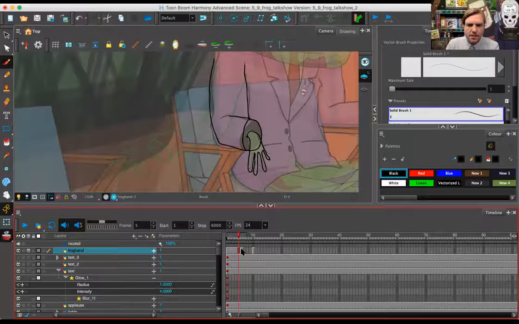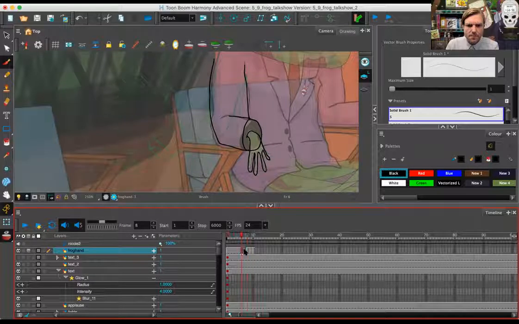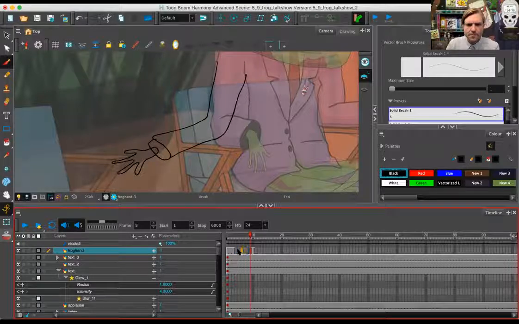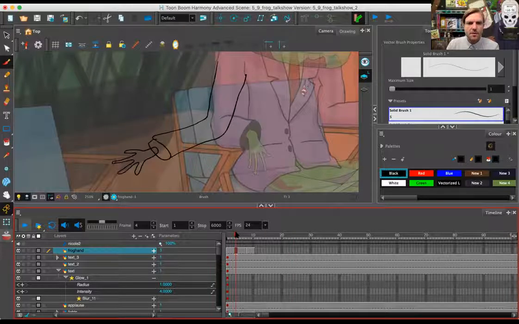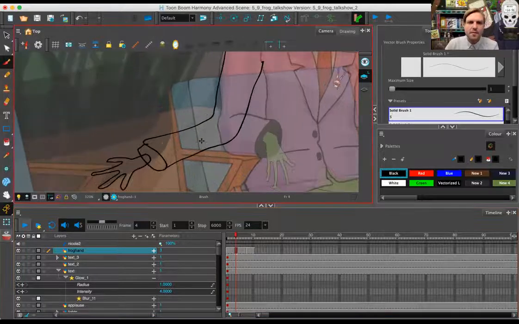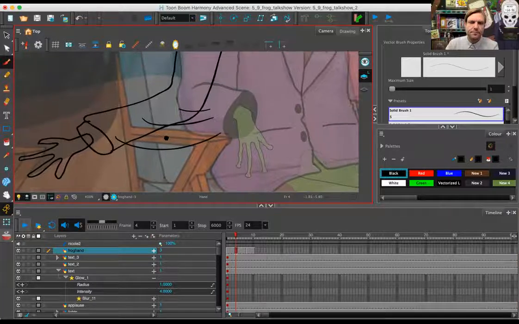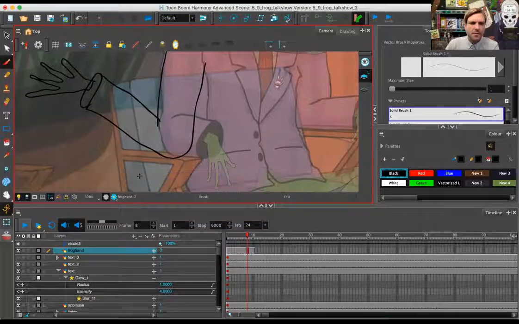So then between here and here, we would have, okay, they're all about equal length. And if we hit play, okay. So what I want to do is start to create like these action lines. And then when I get to this moment here, sort of